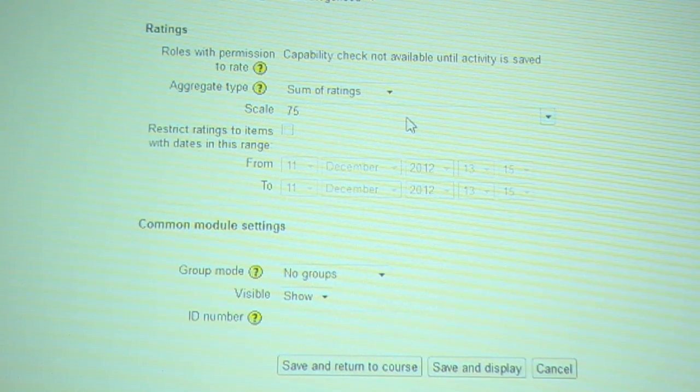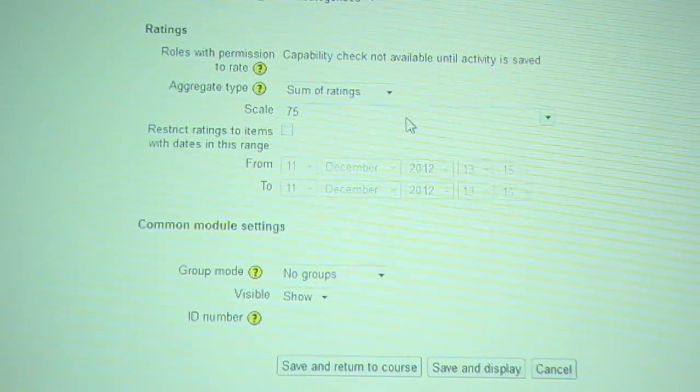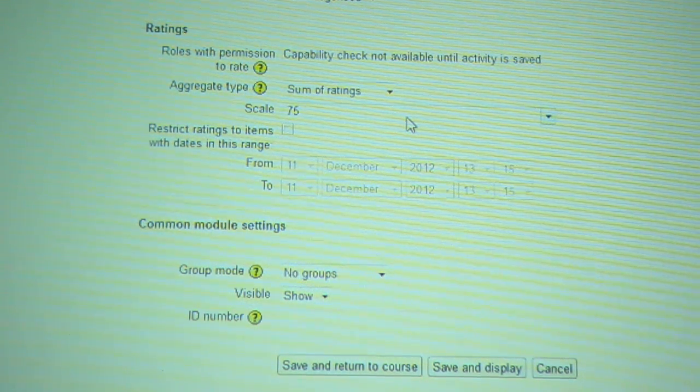And the reason for that is students have to post 3 times to the forum. And each post is worth 25 points. So if they got 75 points, they have 100% participation. And so if you look at the handout, actually it says